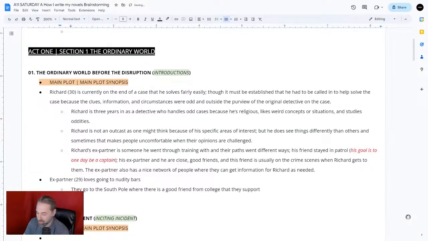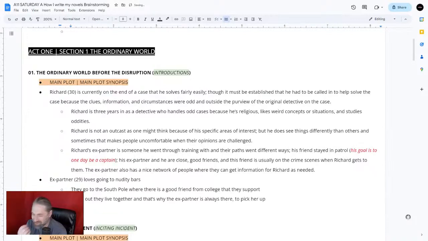Right? I might make it, now we could add that, turns out they live together. And that's why the ex partner is always there to pick her up, and whatever the deal is. So now that's getting a little interesting, because maybe I'll keep that, because that's kind of funny, where they don't really like going to the nudie bar. It's just they go there because their friend is there and they have to pick them up, and it's sort of